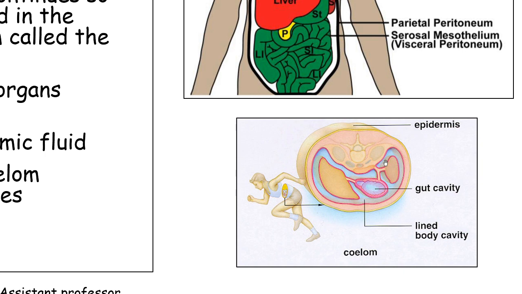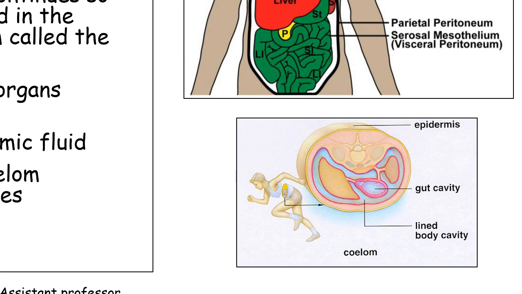So you have a membrane covering the internal organs, and also a membrane which is just adjacent to the body wall. Between these two membranes you have a space which is filled with the coelomic fluid, and this space is called the coelom. And these two membranes are connected at certain points. You can see this is a membrane surrounding the organs, and you have a membrane here, and when they enter each organ, they form a connection.